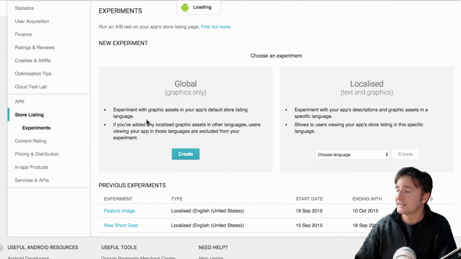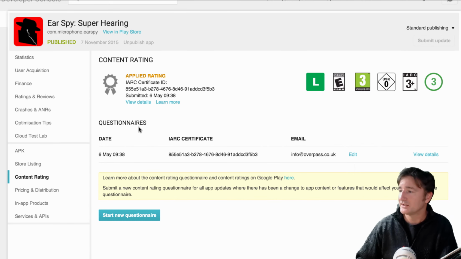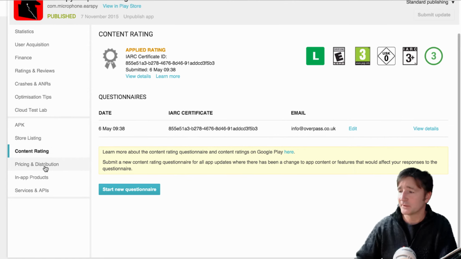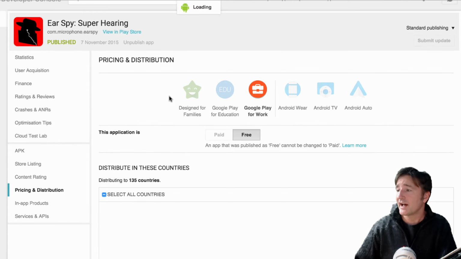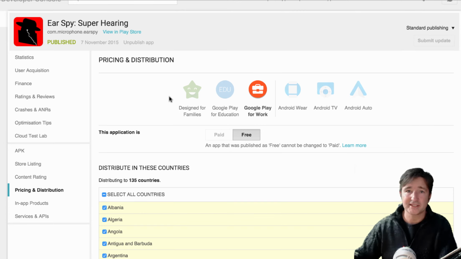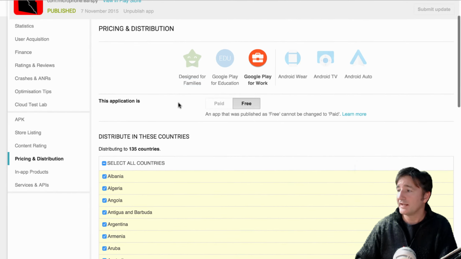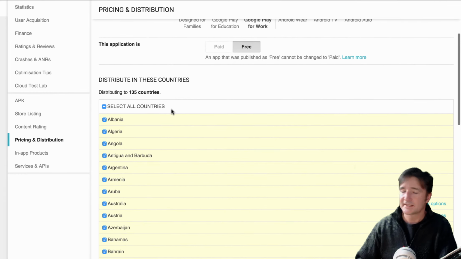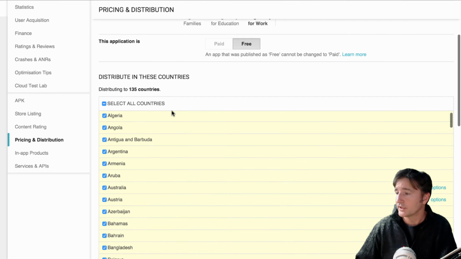The content rating. This is the one. It was down at the other page. This is the ESRB rating. It has its own tab, even though it's at the bottom there. Pricing and distribution. Now, unlike iTunes, which has bands, so you can say tier A, tier B, or tier 1, tier 2, and all this kind of stuff, with Google Play you could change it to anything you want. So, this one's actually a free one, but I can select which countries it goes to. I don't see any reason not to make it available to all countries.